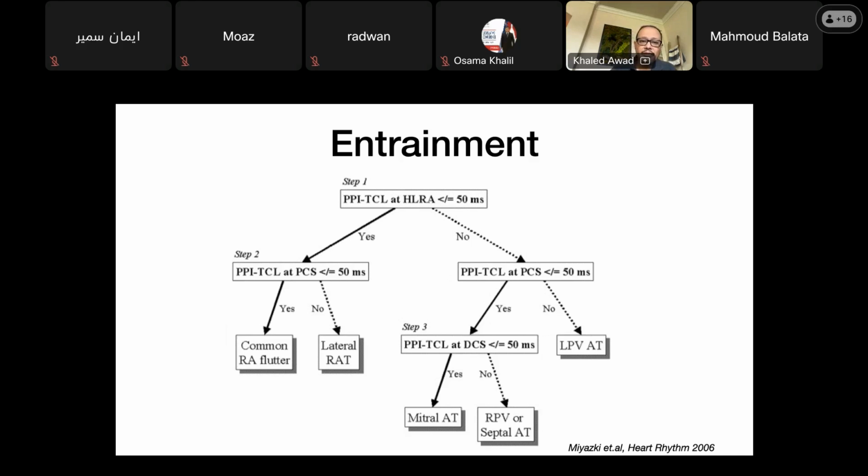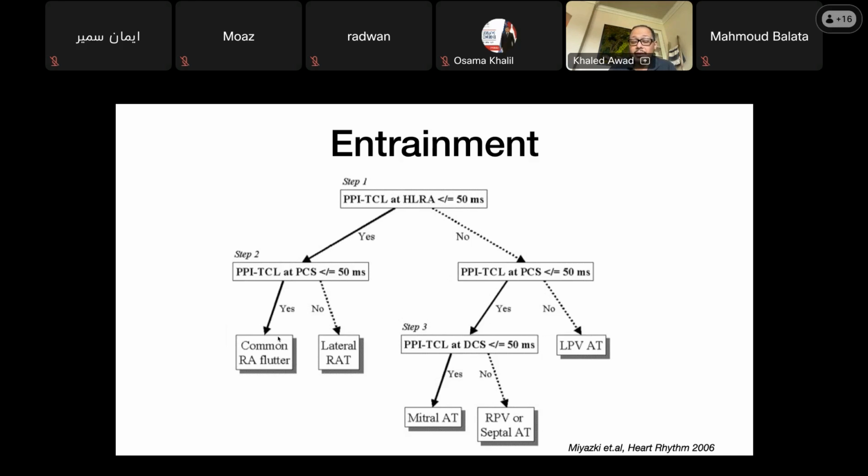You have to synchronize your pacing and have proper sensing on the channel that you're going to entrain from. So if you're doing this from a halo catheter or a CS catheter, make sure you change your sensing, make sure you're sensing properly. And what you do not want is the first stimulus to come in